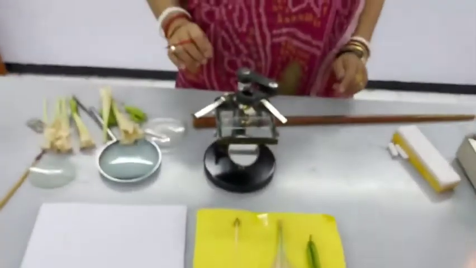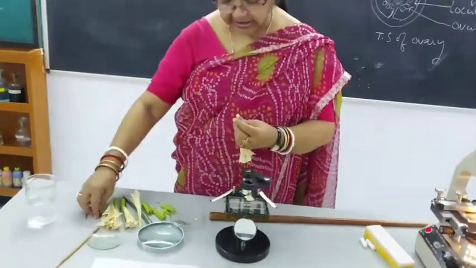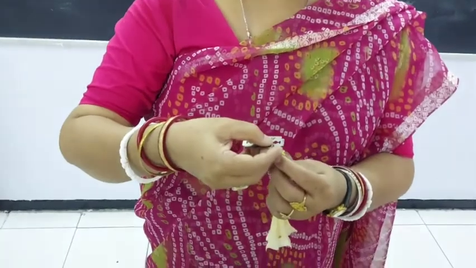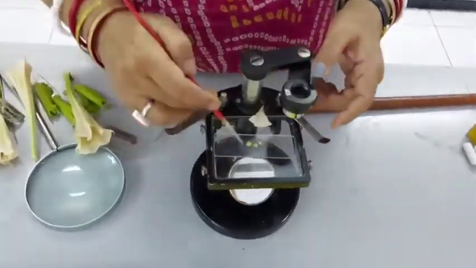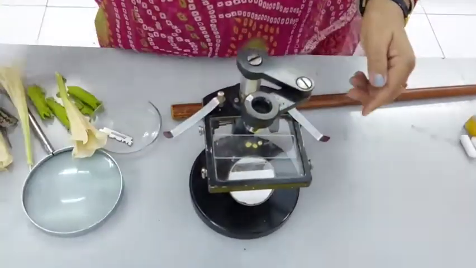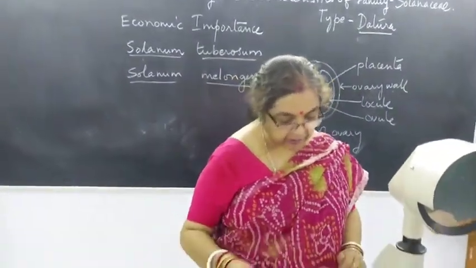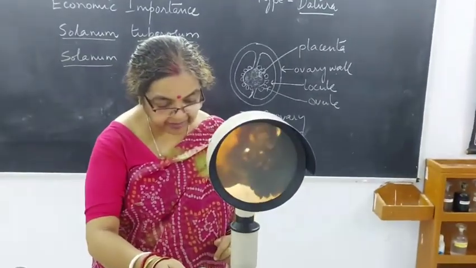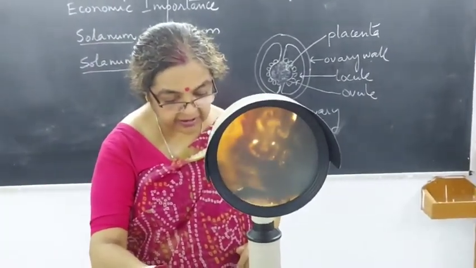Then you have to take another flower and then you have to cut the transverse section. For cutting the transverse section, you will hold the flower like this and you will cut the TS through the ovary. I have already cut it for you, and you have to place it in 1 drop of water in this dissecting microscope, and you have to see it and show the examiner. Now from the same flower, the TS of the ovary I have kept over here for you to see. And always you have to see that there is water, otherwise it will dry up.